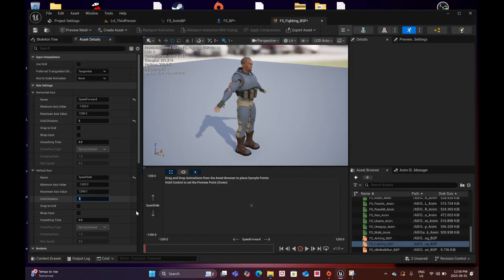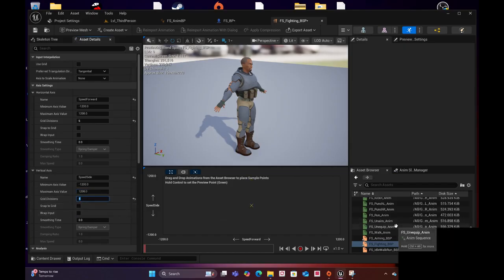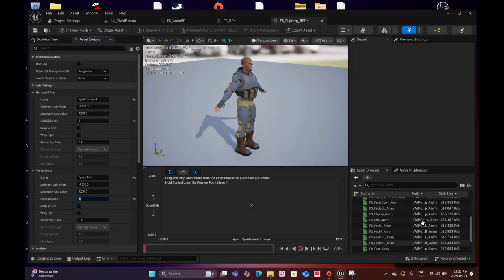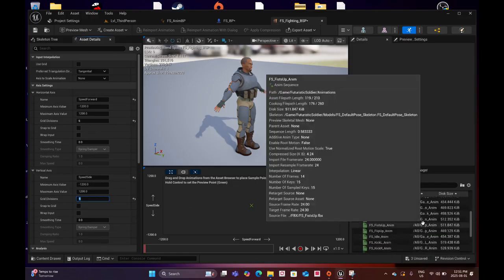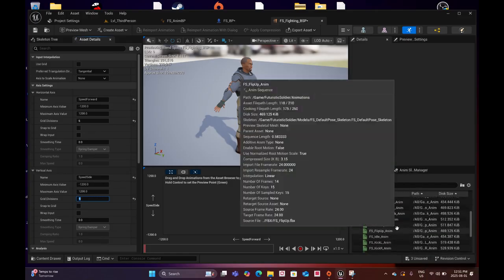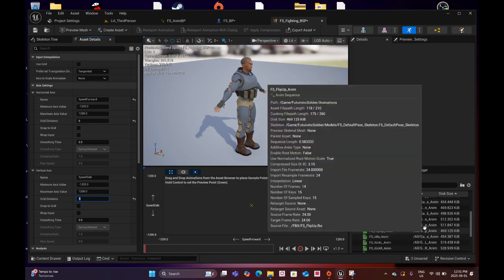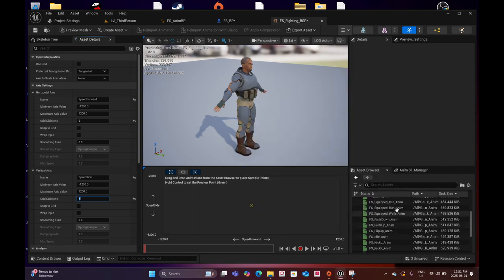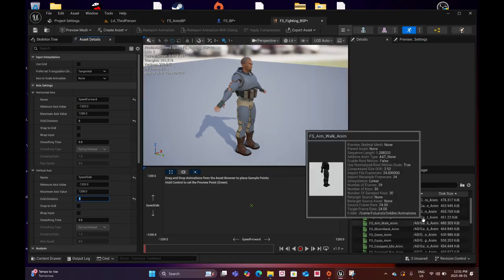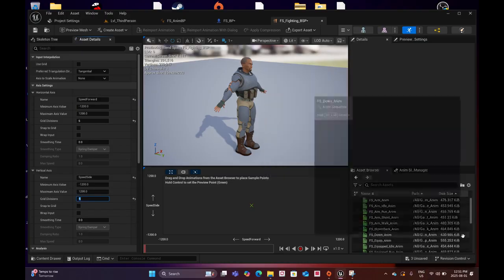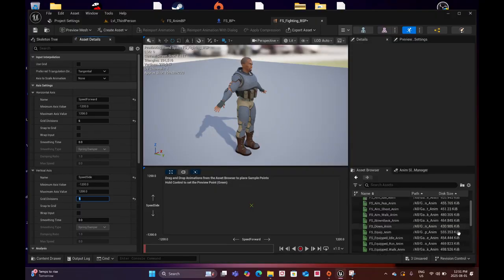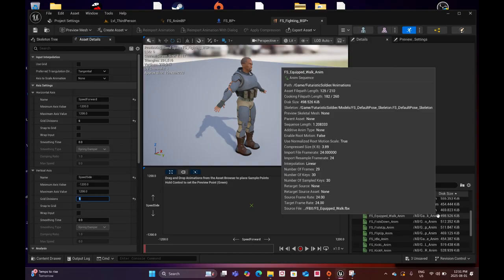And 6. So the animations are called fist up,